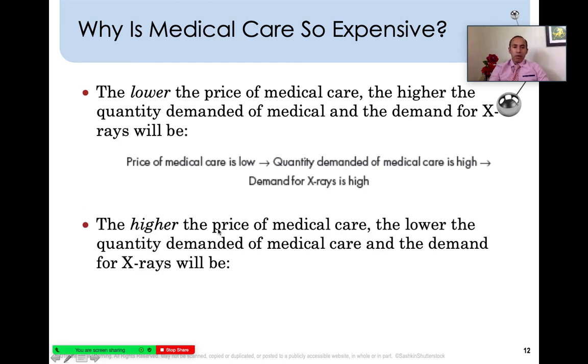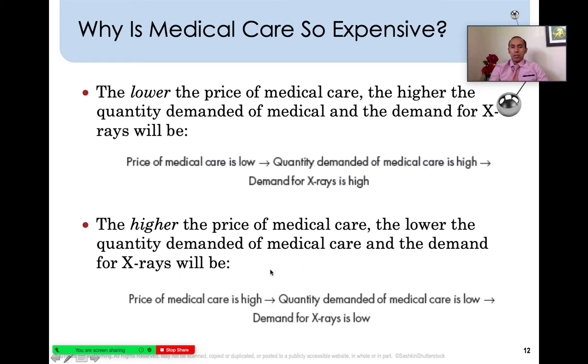When you increase the price for Medicare, then you have low quantity demanded. Some people can afford it, some people cannot. Some people opt out, some people choose to, and the demand for X-rays will be the same. So in this case, it's those who are demanding it and may have insurance or may be able to cover it. So when the price of Medi-Cal is relatively high, quantity demanded for Medi-Cal is only met